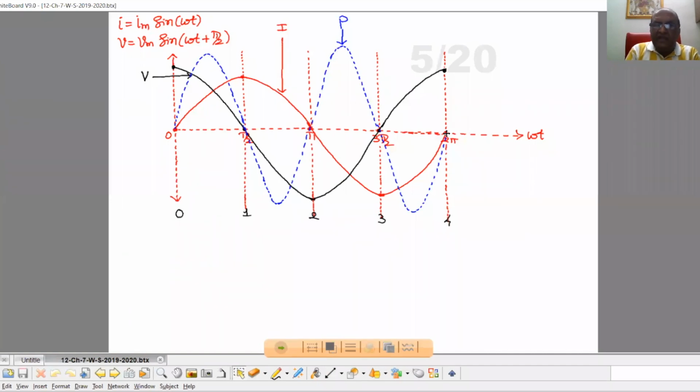So we can use inductor in the circuit to control the current without loss of power. Okay. So if you want to minimize the power loss and you want to control the